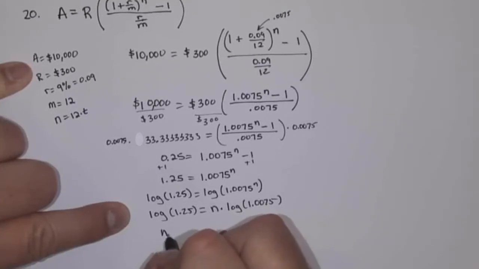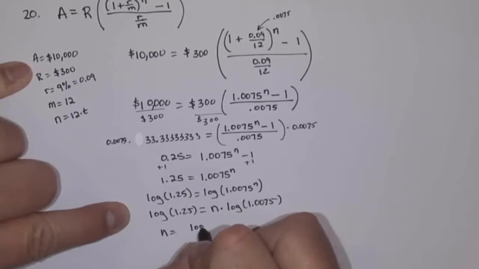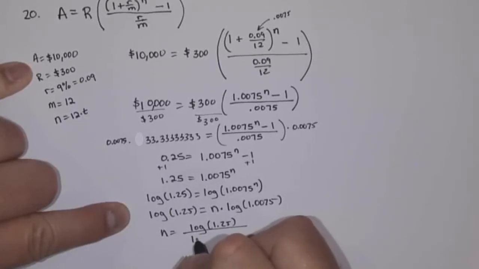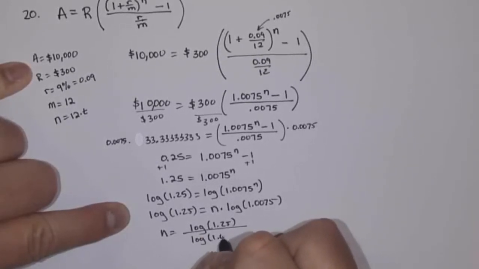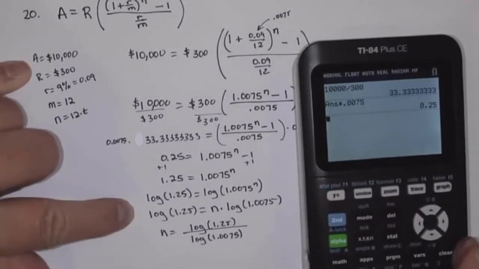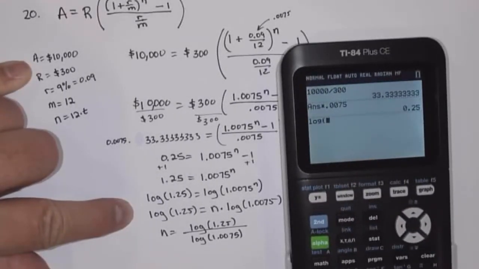So n is going to equal the log of 1.25 divided by the log of 1.0075. If we do that calculation, the log of 1.25 divided by the log of 1.0075, that is